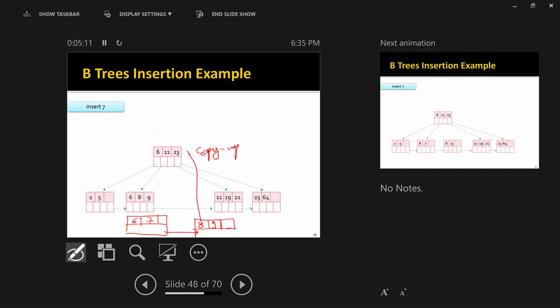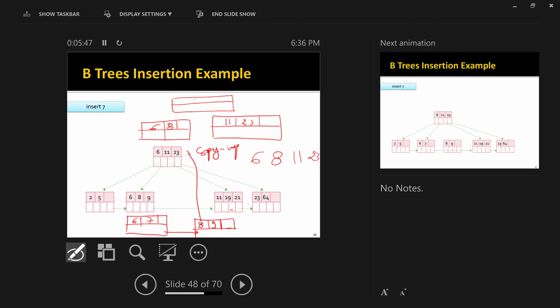So what we will do here, we'll have 2 pages. So the values we will have are 6 and 8, and 11 and 23. Okay. So these are the values, 6 and 8, 11 and 23. Now what we do here, make the root node. Now, for the root node,